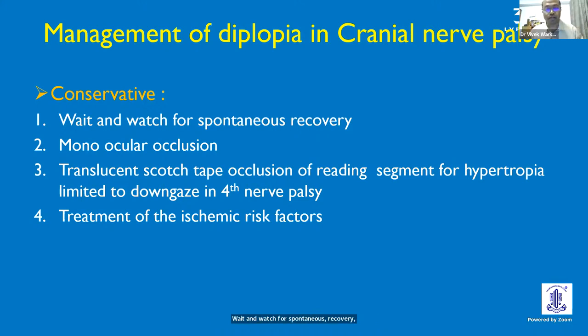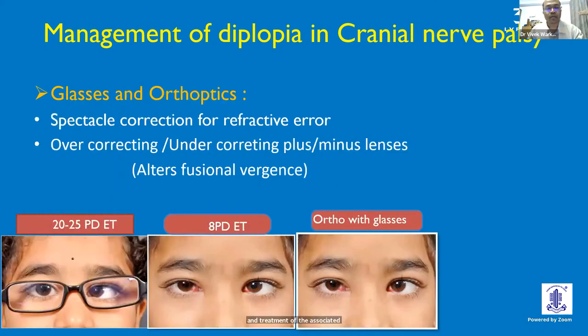If it is a fourth nerve, then you can use translucent Scotch tape occlusion for a reading segment of that particular glass, where the patient would be more comfortable in down gaze, and treatment of the associated ischemic risk factors for all cranial nerves. Glasses and orthoptics, they would add a great value, taking like undercorrection or overcorrection depending upon the fusional versions of